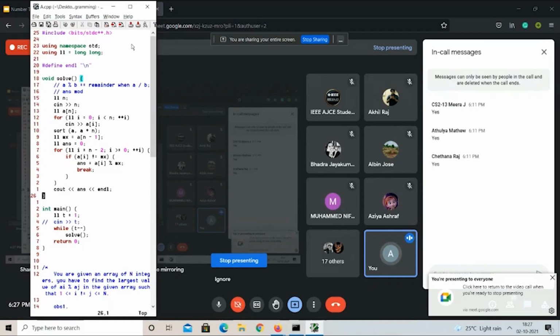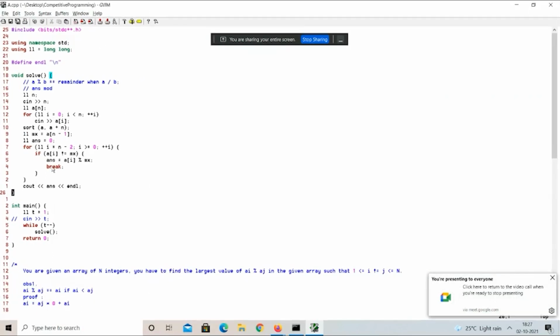Long story short, it's basically: find the first largest number, then find the second largest number. If both of them are the same, the answer is equal to 0, or else calculate Ai modulo Aj. That's it. This is what I have done here. The complexity is,